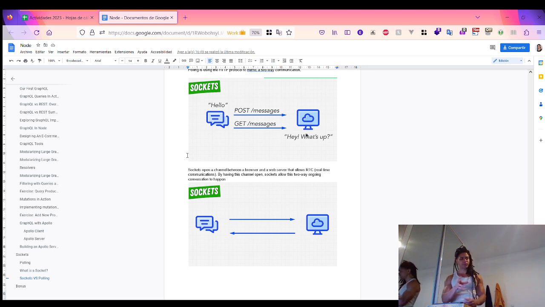The question is, how do we know when to fetch data? Because if we send a post message to our friend, perhaps he replied immediately after we send that, or a couple of hours later, or perhaps our friend is enjoying his life by doing